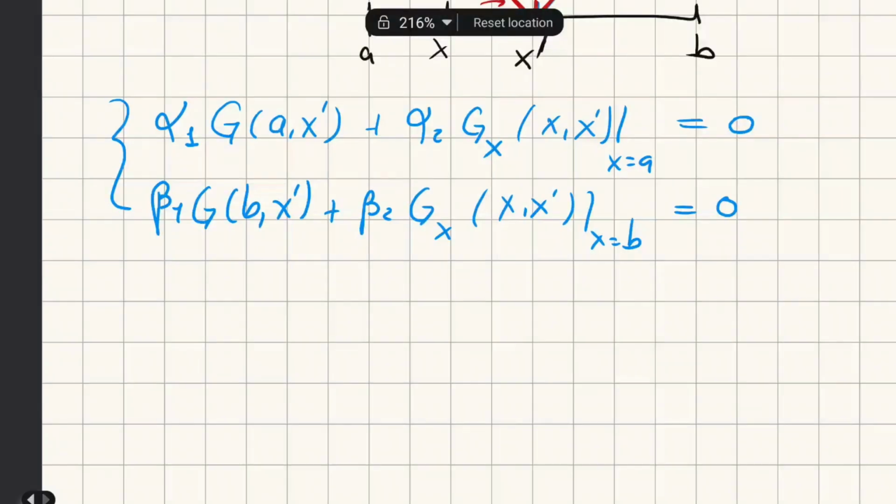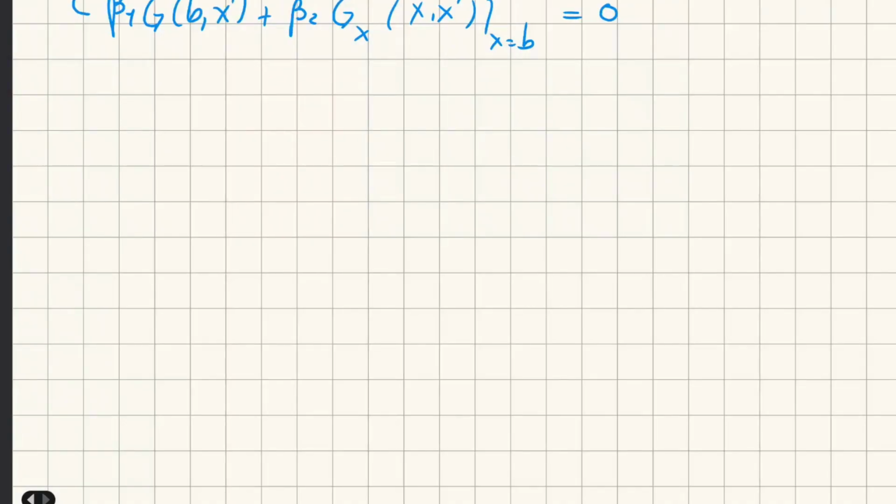Okay, so these are like the boundary conditions that the Green function needs to satisfy. So I'm going to make a quick resume on the theorem that I just mentioned for the derivative of the Green function. So remember, this is always on a closed interval a, b. So we are going to have that the partial derivative with respect to x of the Green function